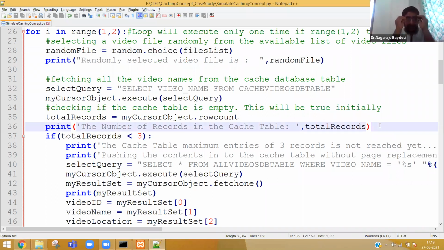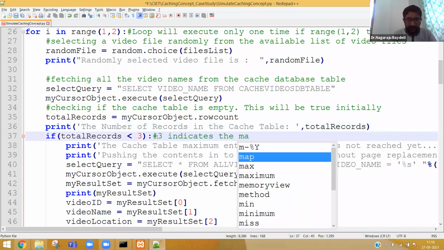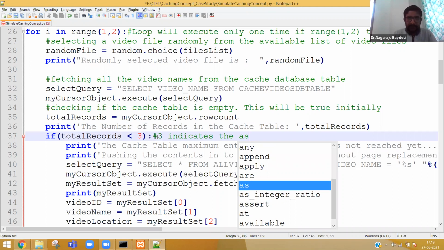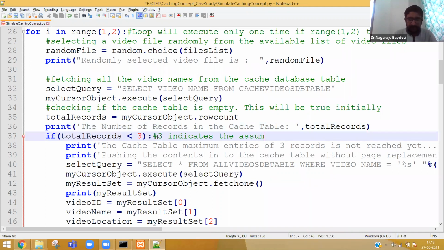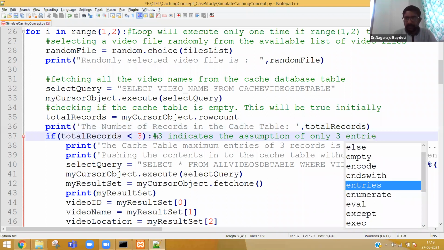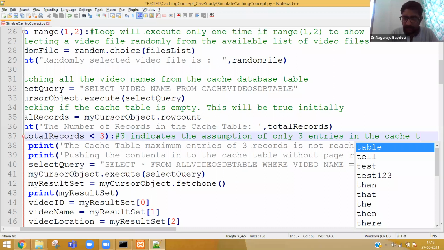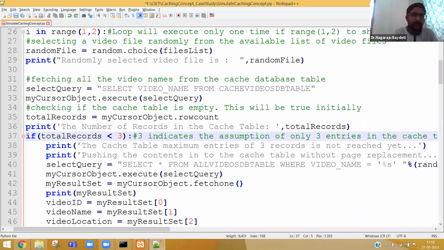Imagine the maximum size is 3. I have taken, see here, 3 indicates the assumption of only 3 entries in the cache table. Actually, a table can store more. It's just a table, but we are trying to implement a caching technique.